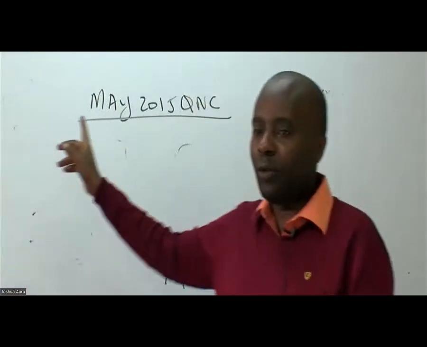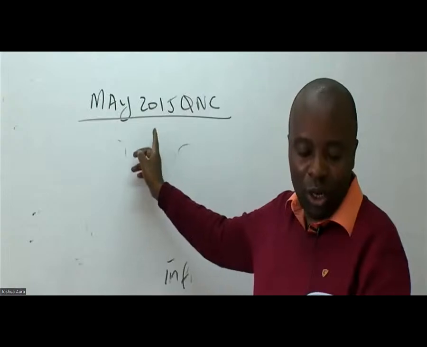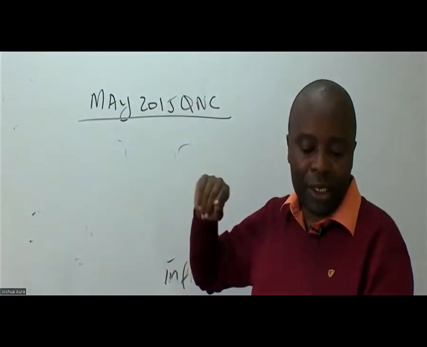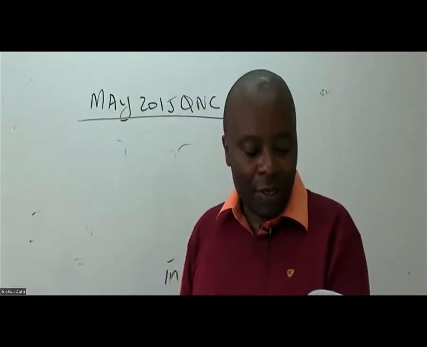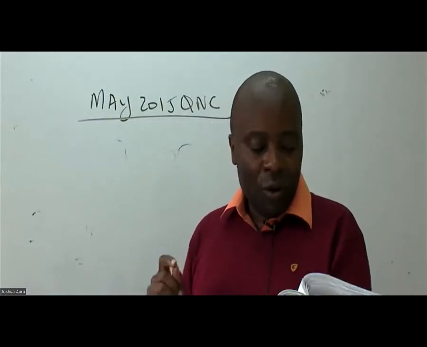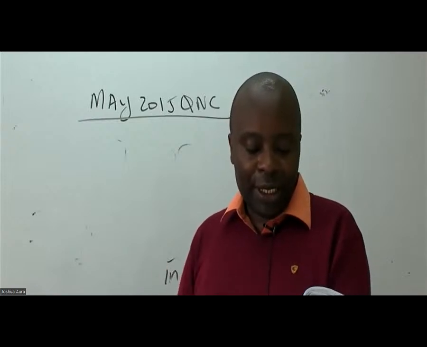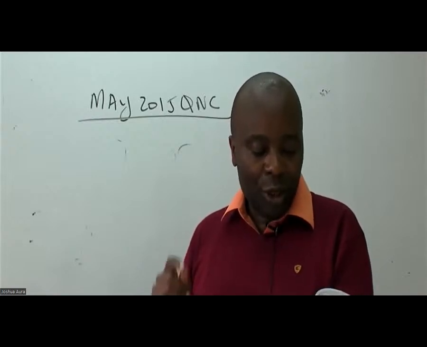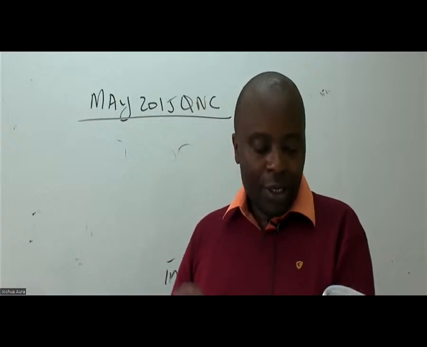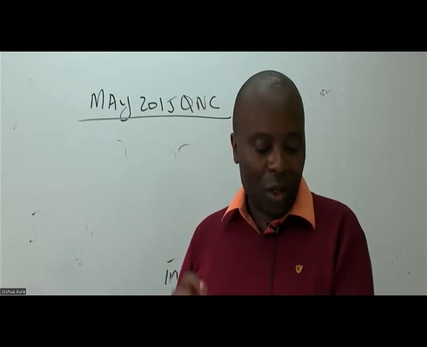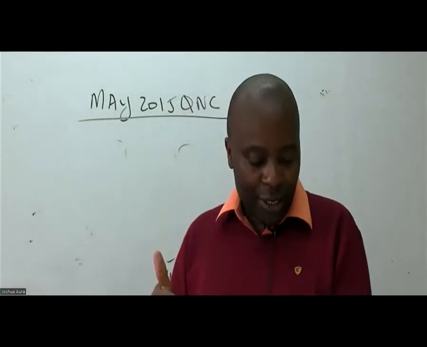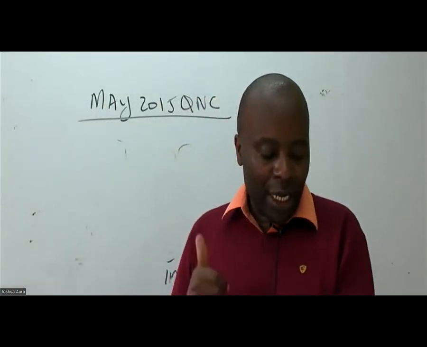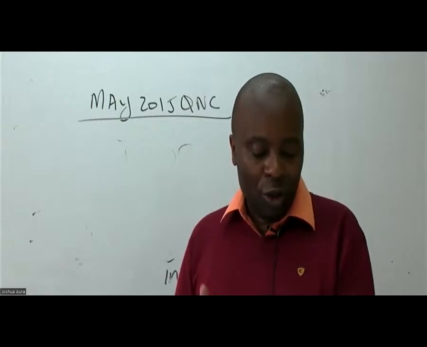It is May 2015, question number 2. The risk and return characteristics of the two assets are shown below. We have company A and company B. Returns are given there. Standard deviations are given there. Uchumi Investment Company plans to invest 80% of its funds available in A and 20% in B. The board of directors of the company believe that the correlation coefficient between the returns of these assets is 0.1. So you're told required, we give them the expected return from the proposed portfolio of asset A and